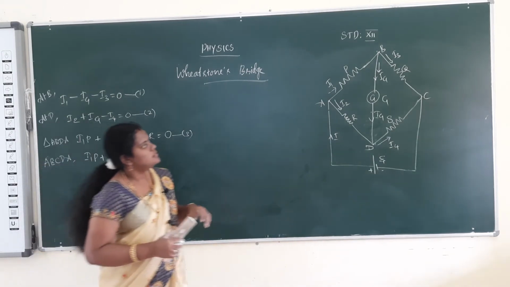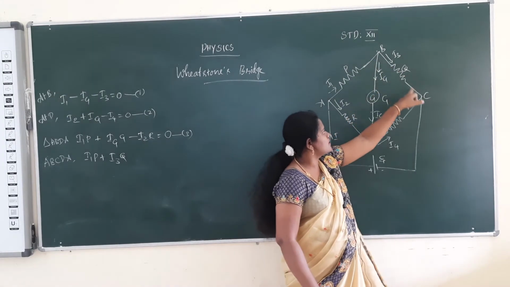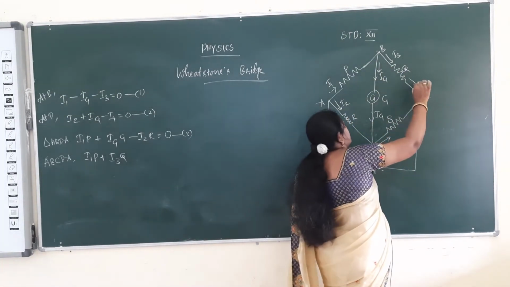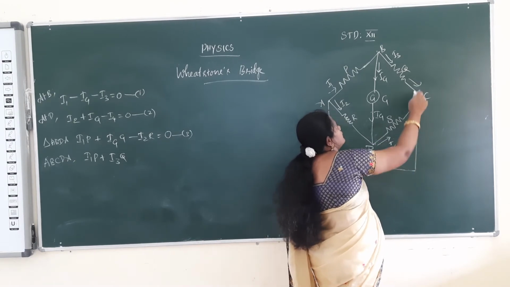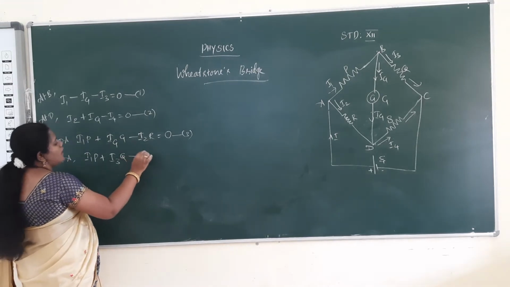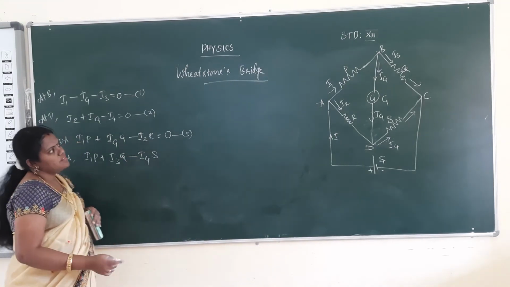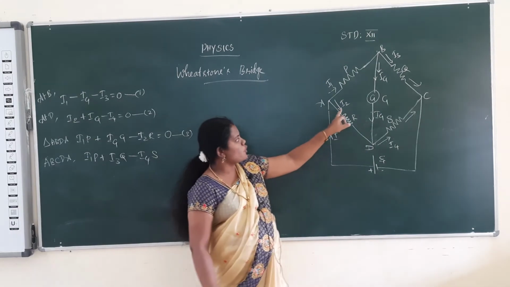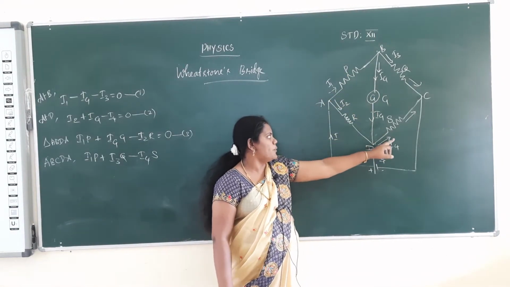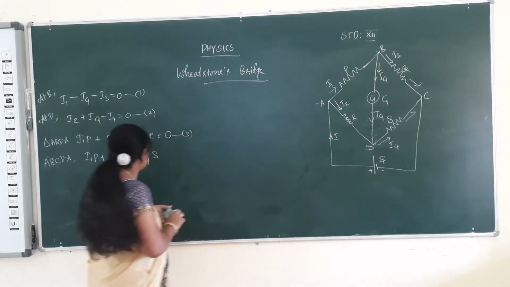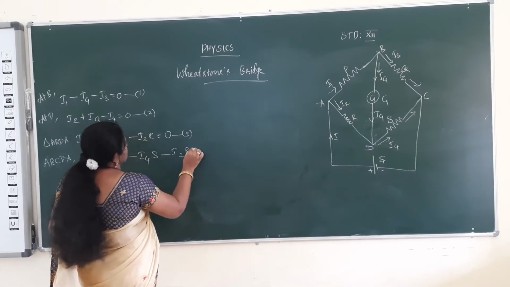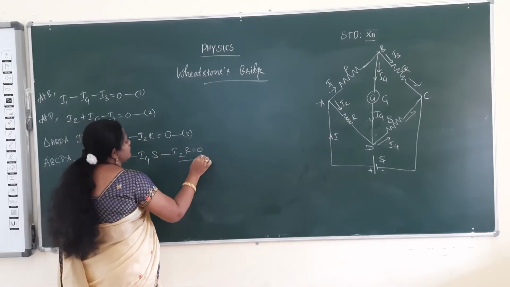Then this goes like this, this direction goes like this. The current coming from here meets here, and this is opposite to it. Okay, this is opposite. So I4 and resistance is minus, I4 and resistance is S, then it is also opposite, because these two together go there and become opposite. These two are opposite to the current coming from here. Okay, so opposite means minus I2R will be equal to 0. This is the fourth equation.